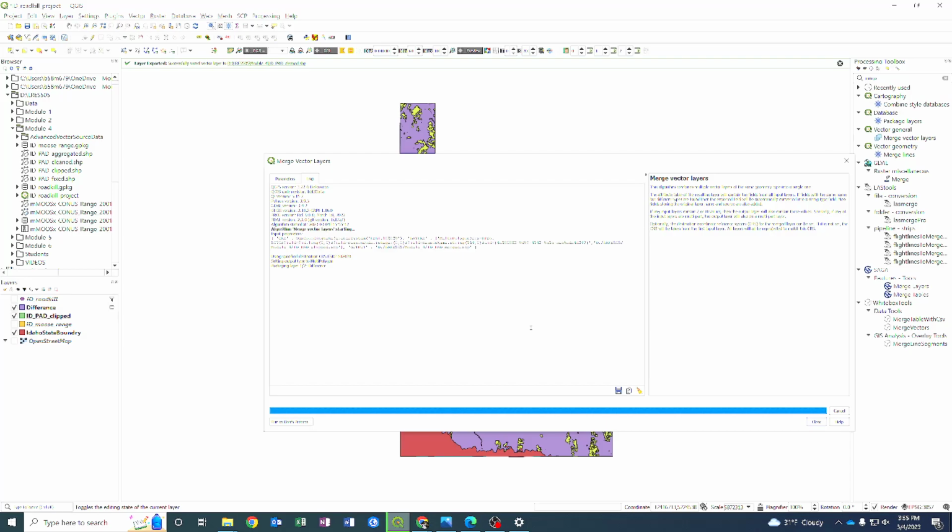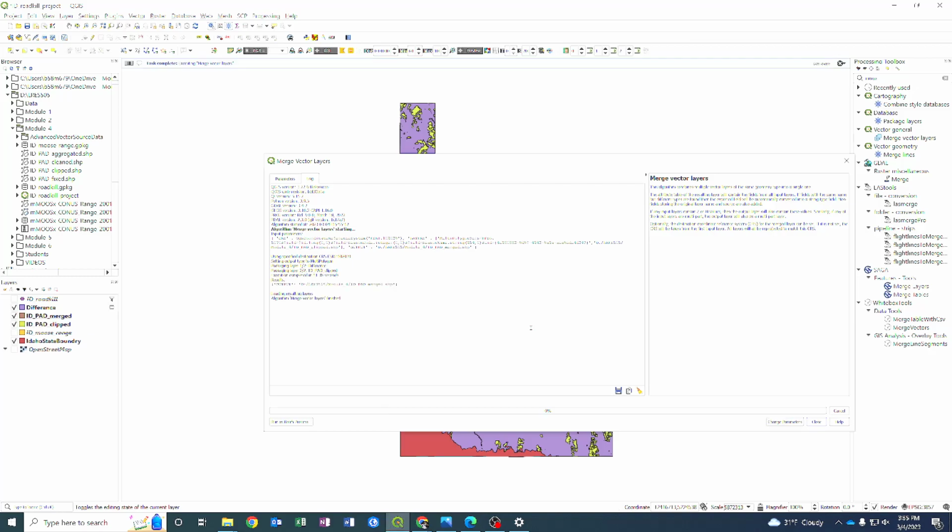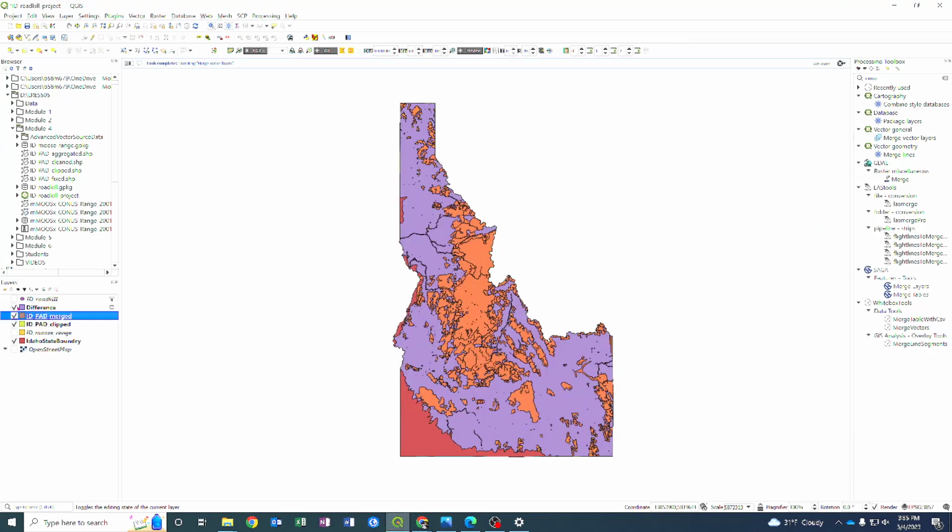Might take just a second here. Nope, that wasn't so bad. Close this off. Let's turn off difference. Clipped. And if I go ahead and look at my attribute table here,